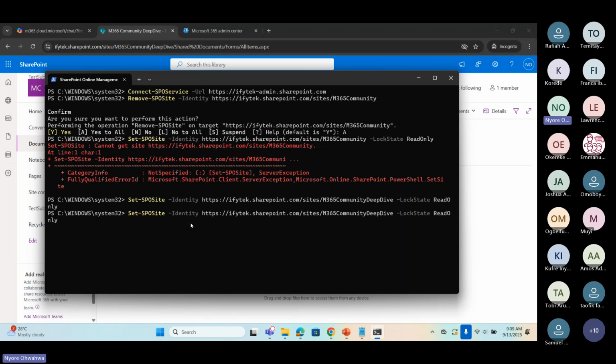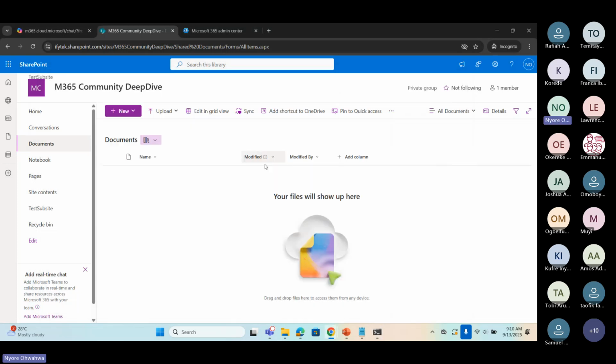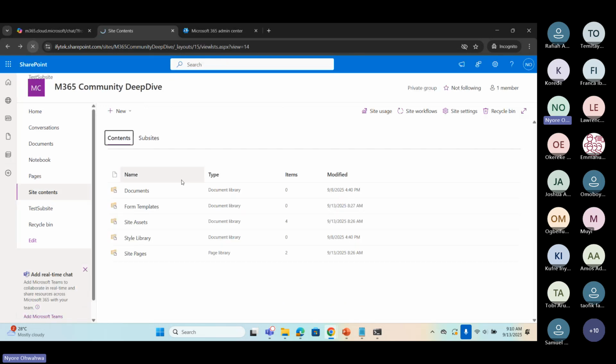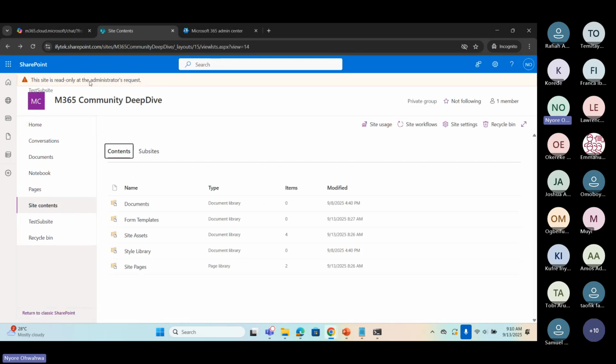I can also use the PowerShell to unlock. So I'm going to lock it again and use the PowerShell to unlock, since that was what we did, so that we know the different ways we can lock and unlock the site. I have locked the site again with the PowerShell.